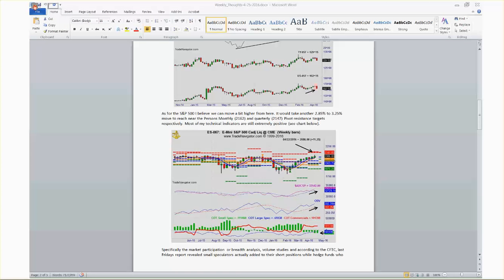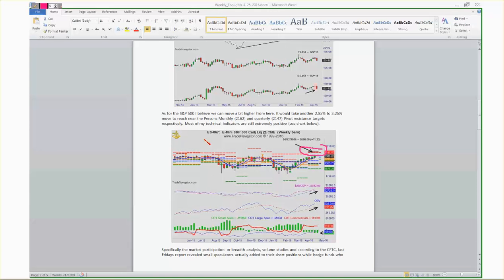This is an interesting concept of including the Person's Pivots. What this red line signifies, and this is the S&P, is very relevant in today's market session and with what we see going forward. So this is kind of important. We're in a PPS buy mode, that's the green arrow, on a weekly basis. The market's trending higher, the moving averages are going up. I have a confluence, which means more than one time frame: quarterly and monthly pivot resistance